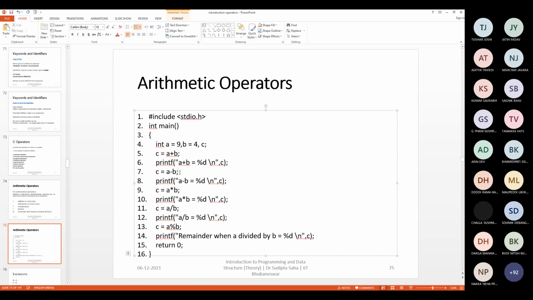Okay, and then it is stored to C. Similarly, A star B, all these things you are printing also, and A by B. So here comes the second issue, that if we use A by B, then definitely there is a chance that there will be some fractional component. What will happen with those fractional components? Definitely, since A and B both are integer, C is also an integer, fractional part will be lost. Nobody is going to take care of the fractional component in this particular operation.